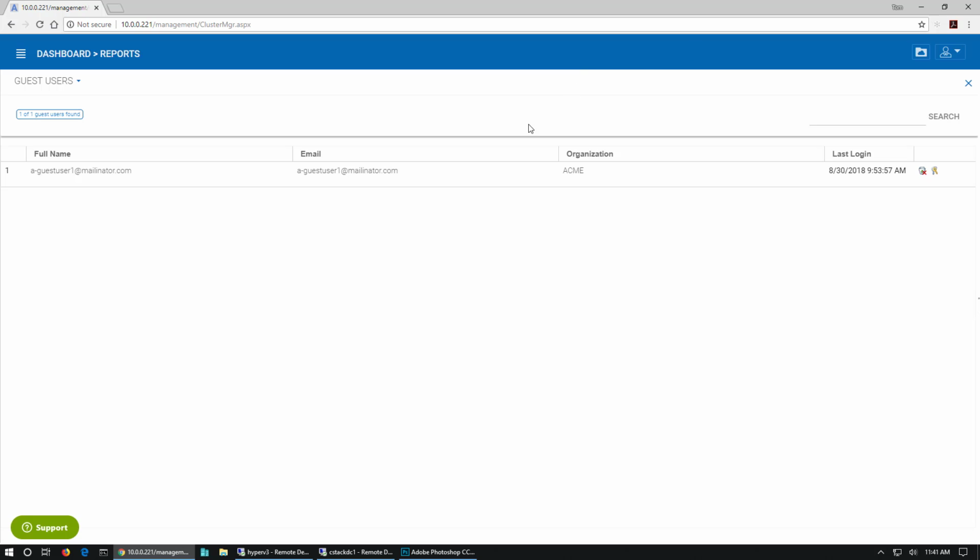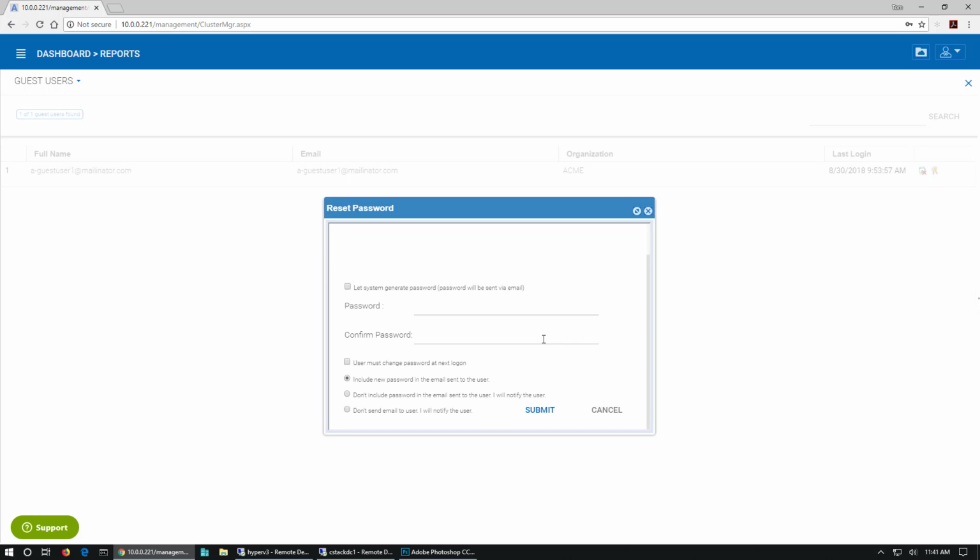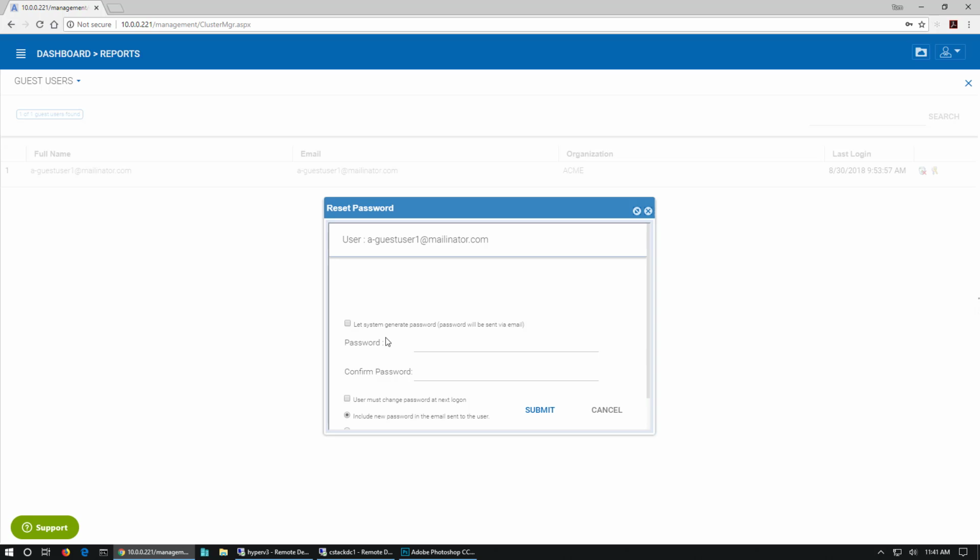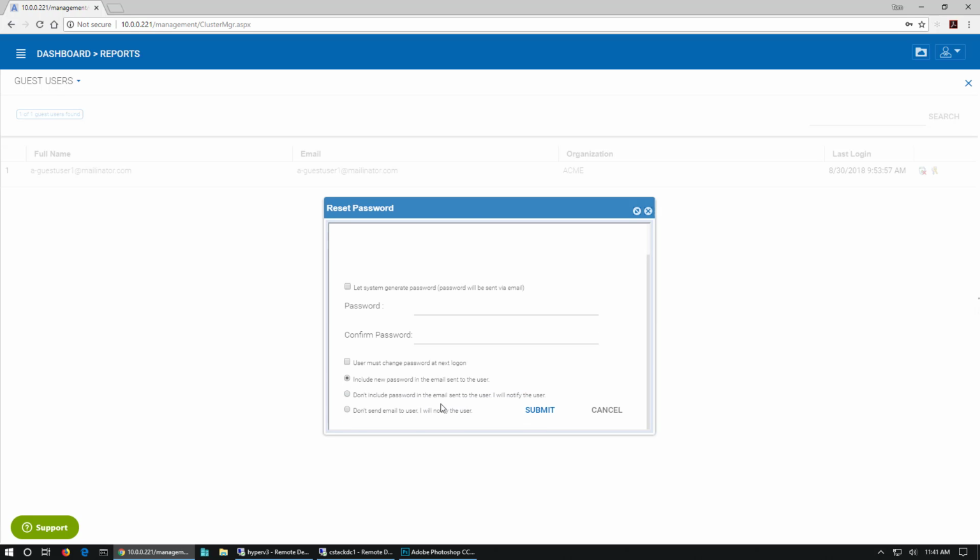For instance, if you need to eliminate a certain share, a guest user you no longer want to have access, then it might be a good idea to go into reports from the cluster manager, from that dashboard, go into the reports section, choose guest users, and then you can just find a guest user that you want to eliminate, and you can go ahead and change that here. You can also edit. This makes it really easy for the cluster manager to go in and reset their password,